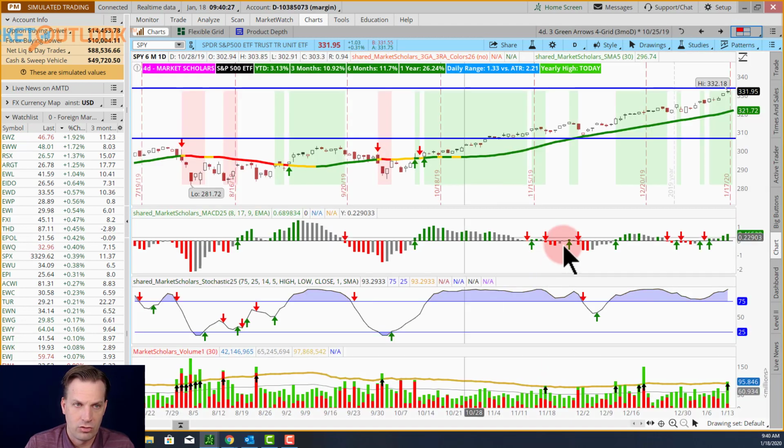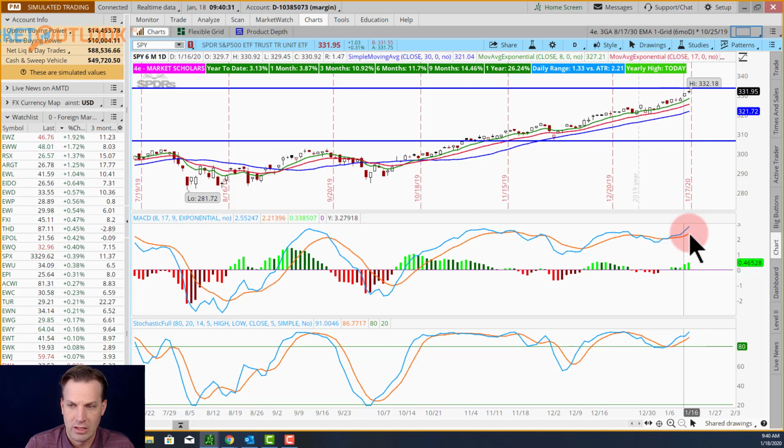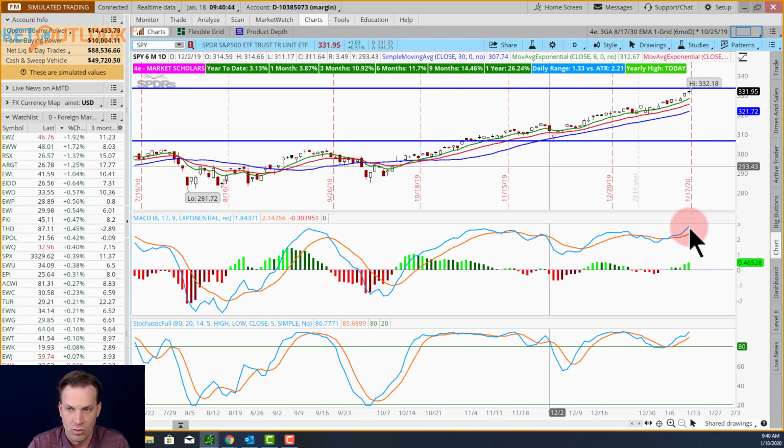We saw the volume. Actually, I wanted to show you the 3 green arrows here on this chart really quick. Again, no intermediate pullback until we start to converge, right? And we're not anywhere close to converging right now. The convergence, remember, is when this blue line here starts dropping. So it's still rising. It's at its highest level of this whole run,